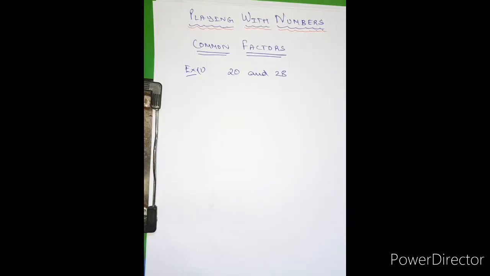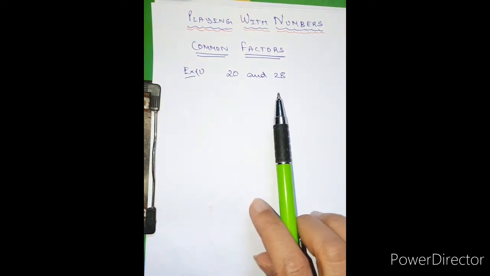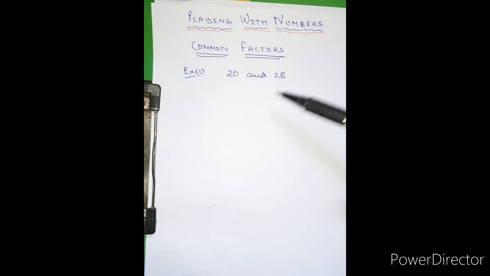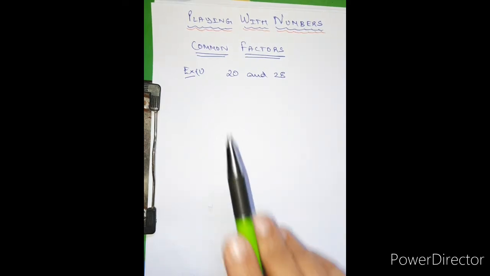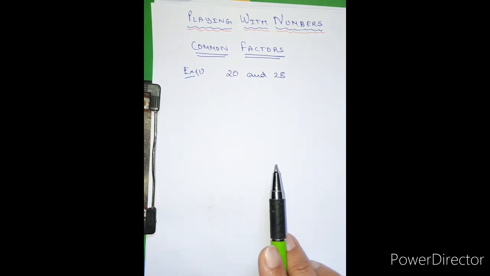Welcome back to our class on playing with numbers. Today we will have a look at common factors and common multiples. Common factors means to find the factors of two numbers and then list the common ones between them. Okay, let's take an example of 20 and 28 and write down the factors first and then mark the common